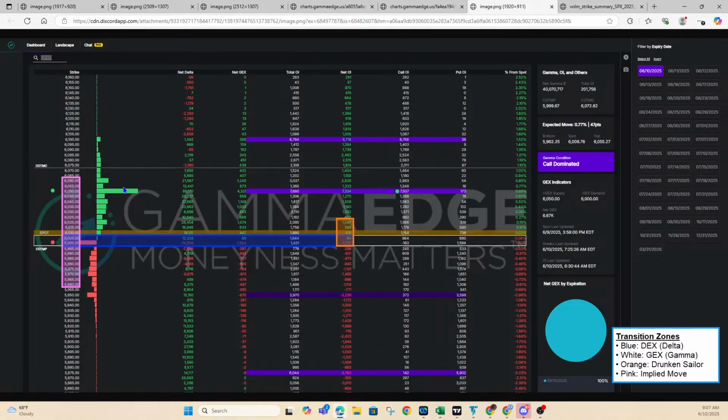If we get above the 60-50, then we'd obviously be targeting up here towards our COTMC level. This is a proprietary level here at GameEdge where out of the money calls go in the money, and many times we'll see some sort of monetization event. You also notice the expected move is outlined by the pink implied move over here. So again, that could be an area where we see some stalling to the upside from 60-50